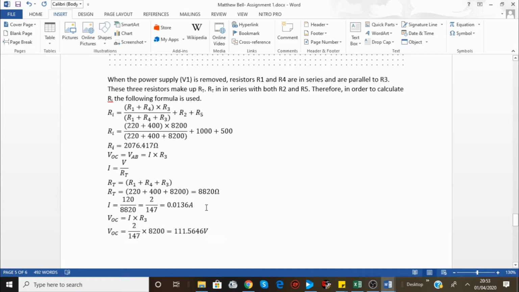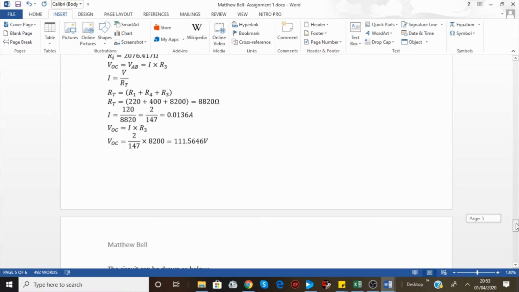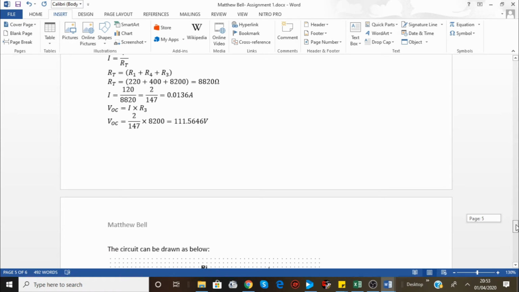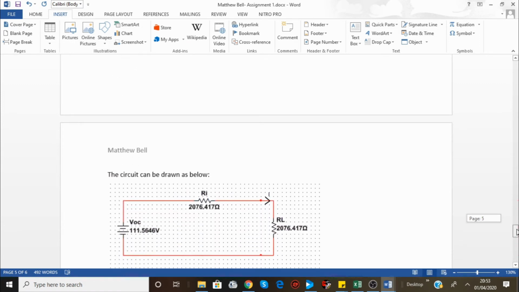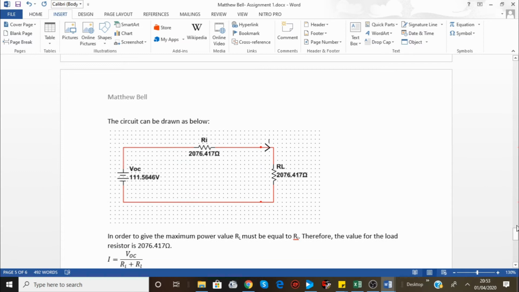Then, like I said, the current times R3 is your voltage. So you multiply that by 8,200, and you'll find your voltage is 111.5646 volts. 2-3 decimals is enough. And drawing the Thevenin equivalent circuit, the voltage of the equivalent circuit, VOC, is 111.5646 volts, and the RI, which we found, is